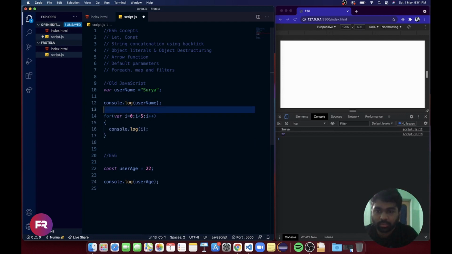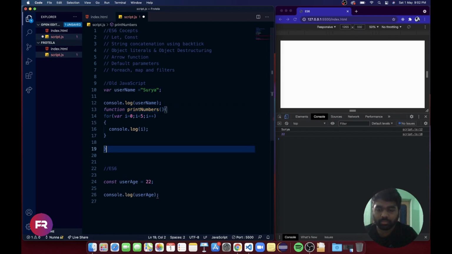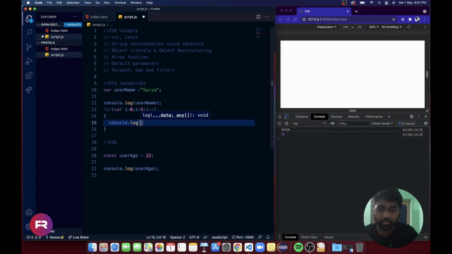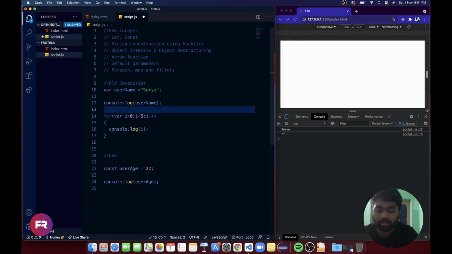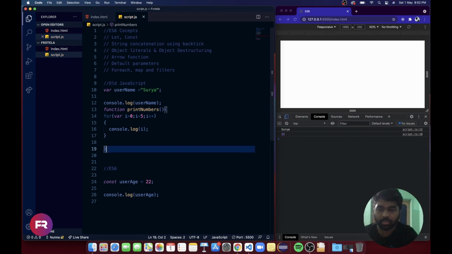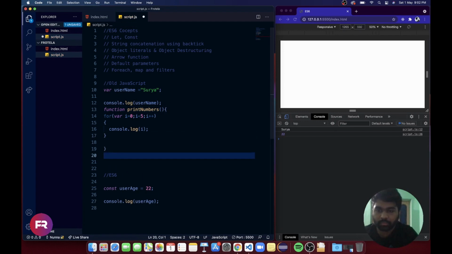Let's include this for loop in the function printNumbers. Let's call this function here, printNumbers.